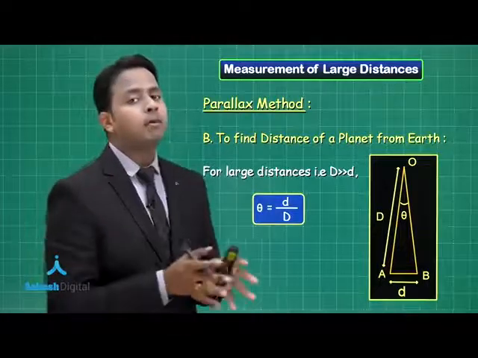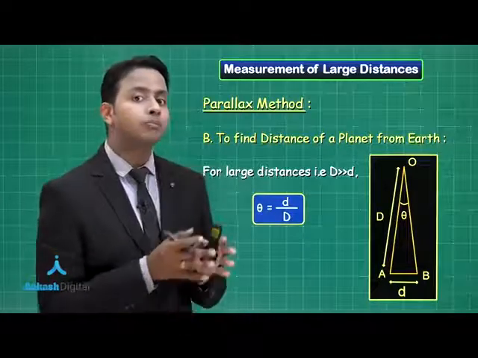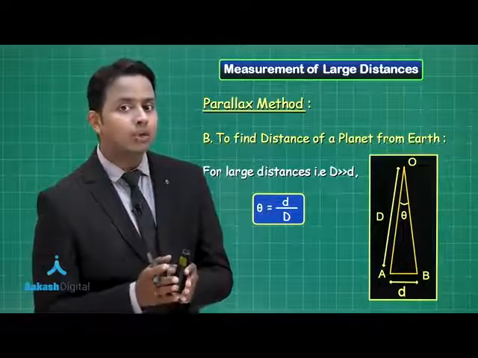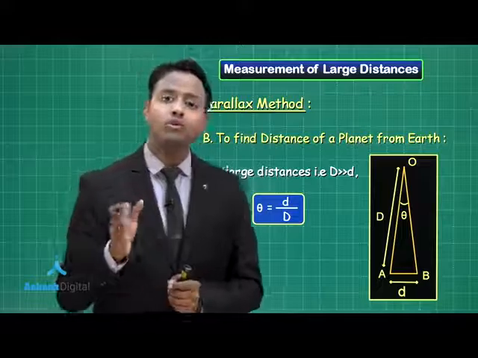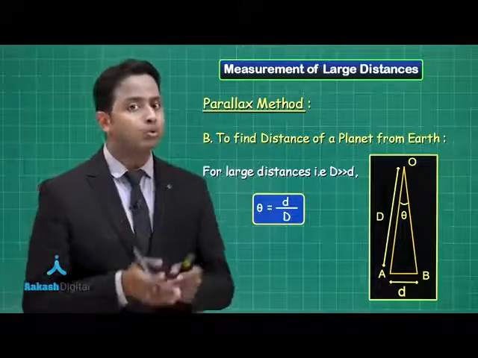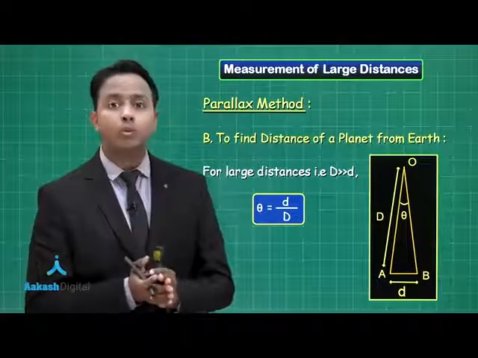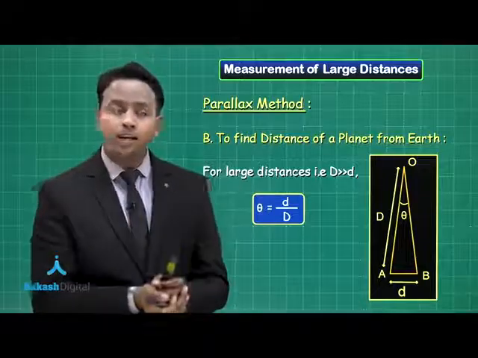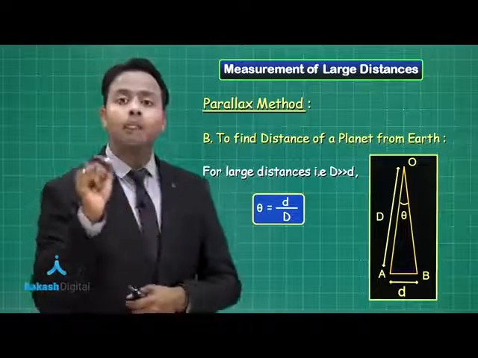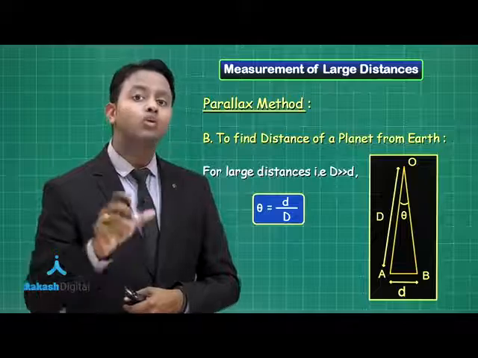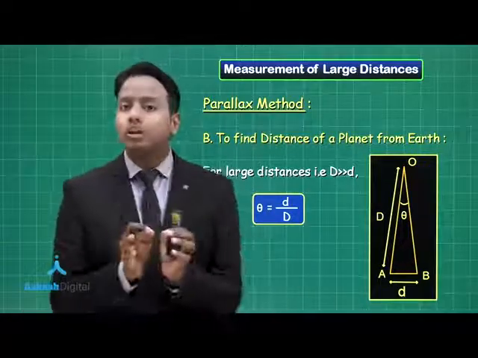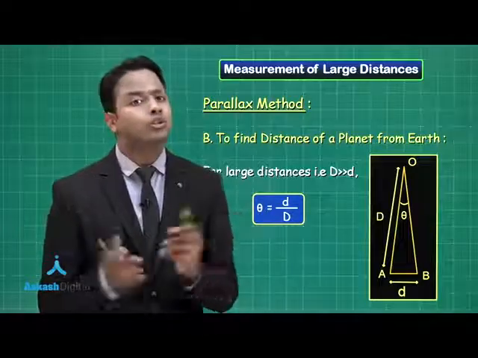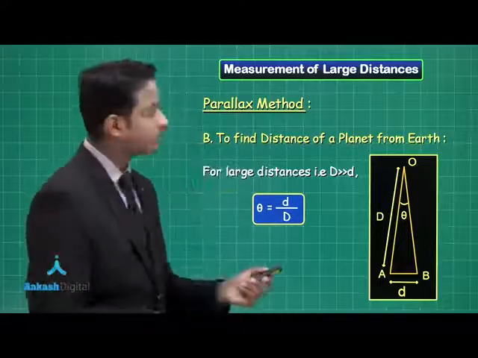So the same application that we have seen for parallax in the previous case is exactly the same, only the observation point is different. Earlier, when we wanted to find the diameter of a planet, we chose only a single location because we needed to observe two extremes of the same planet. Now here the same planet is being observed from two locations on the Earth. So we would be focusing on the center of the planet now, not on the extremes of the equator. So let's see with the question.